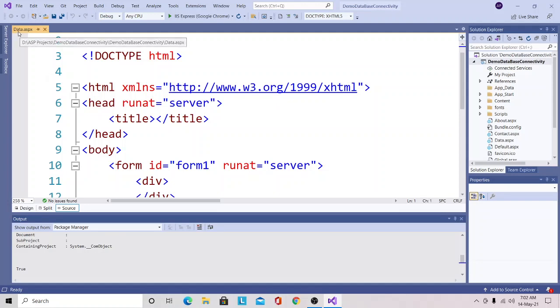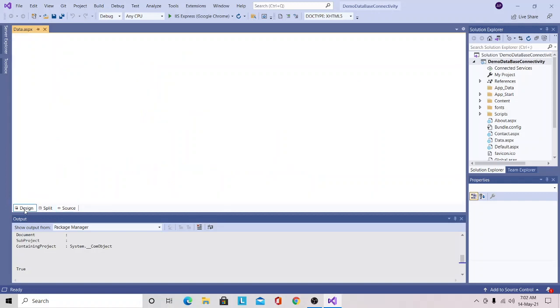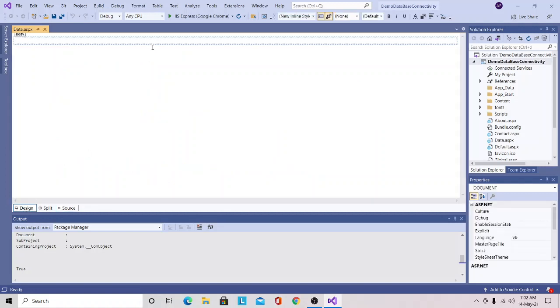This is the data. It is the file name and having the extension .aspx, which is the extension for the active server pages. This is the source mode. If I click on the design mode, it will look like this. So here first I will drag and drop three server controls.